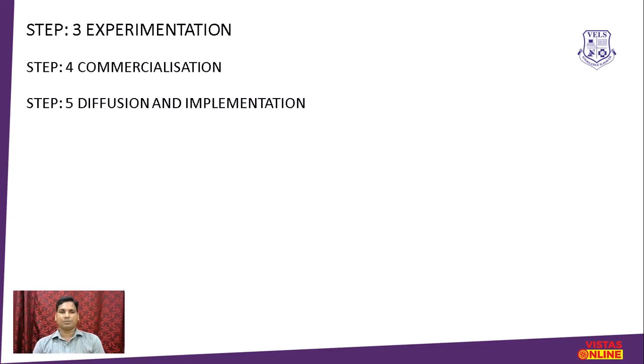Then the third step is experimentation. At this point, they will make rapid changes based on the comments. Sometimes the comments may be given by an employee, a targeted customer, or sometimes knowledgeable persons whom we invite to check the quality standards of the product. Relatively, you can share your experiences. All of these are also part of this experimentation. Sometimes they may also use machines and tools for updates.